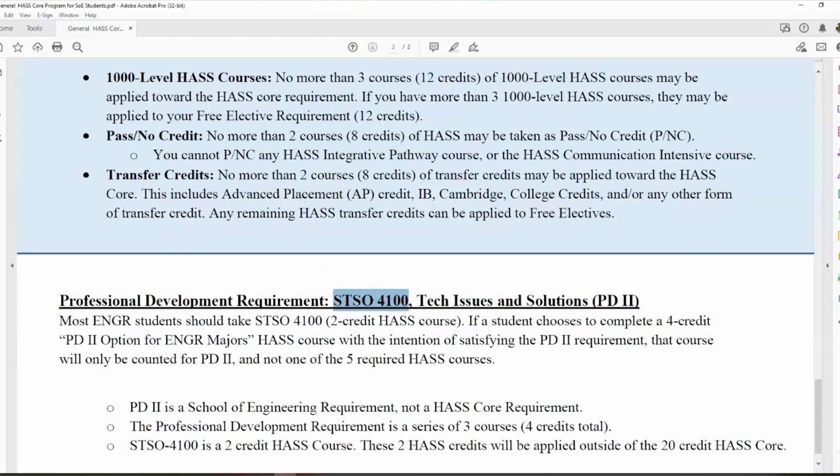What's really important to know is that this is not technically part of the HASS core. So sometimes students will see when they're looking in class search the language of a PD2 alternative option, and there's this thought that they can kill 2 birds with 1 stone. That is not the case. In most situations, like 99% of the time, all you're going to want to do is take this STSO 4100 course. There is no trick to this, just take the 2-credit course,